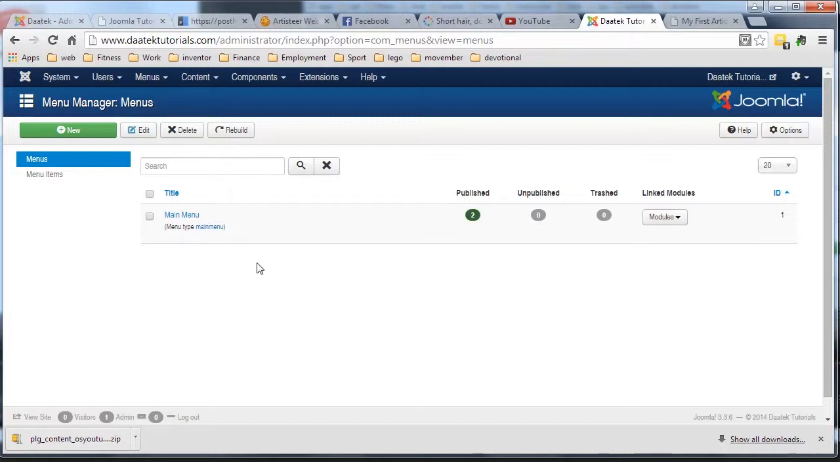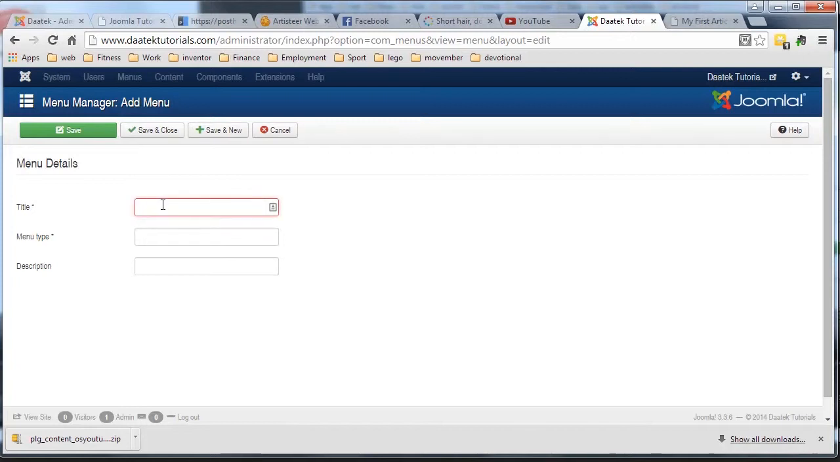Okay, now a menu is a list of links basically that we create within that menu. So main menu there is the default one that comes with Joomla. We have two published menus in there: the home button, which comes with the install, and the one that we created in the last tutorial. So what we're going to do now is go new, and I'm going to call this one